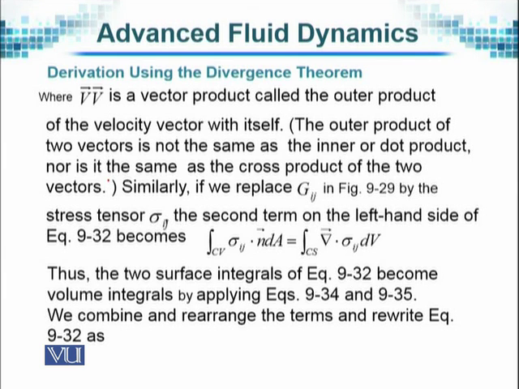Remember, it is not the inner product or the dot product or even the cross product. It's a different quantity altogether, in fact a tensor quantity, and therefore we replace this in these equations,